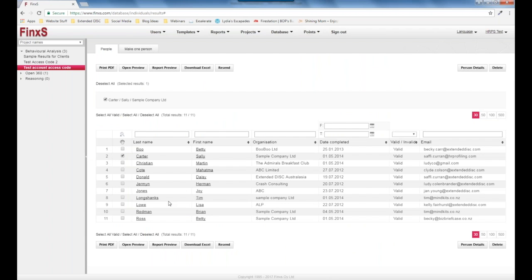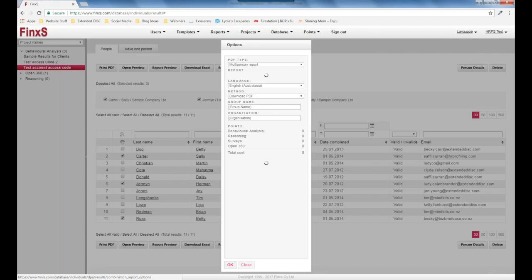Okay, to order a multi-person report or a team report, you can click multiple people. So we'll just click 3 people. Right, you want to hit print PDF up the top again in those 5 buttons there. And that will bring up the option menu again, and now it's showing that you have the multi-person report, so